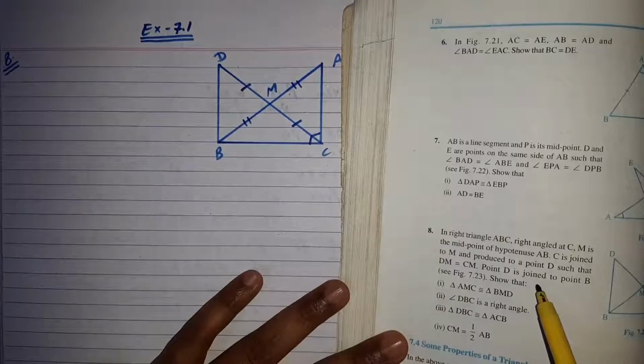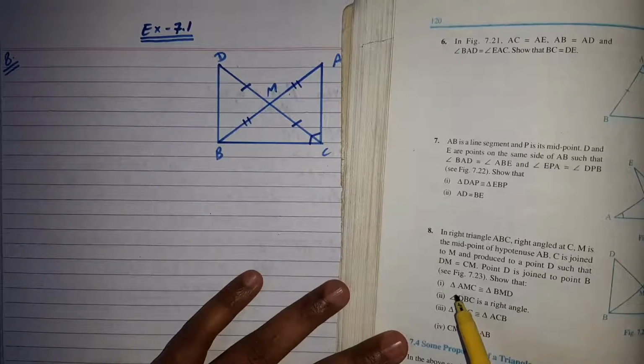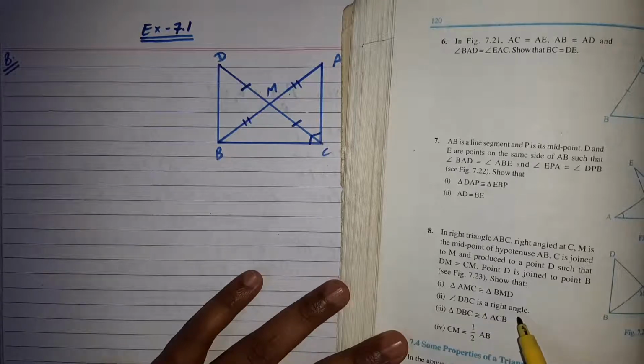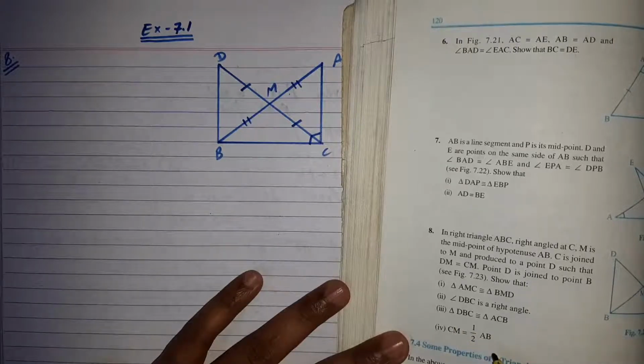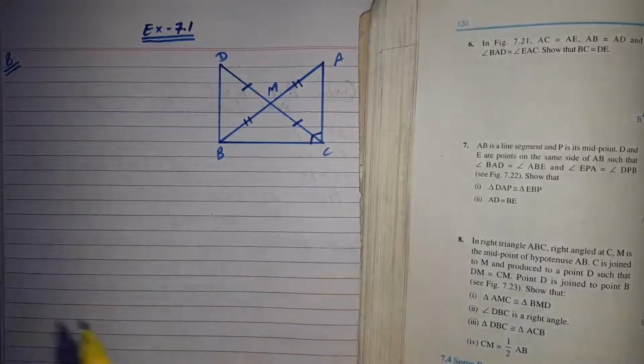D is joined to point B. Show that, first part, triangle AMC is congruent to triangle BMD. Second part, DBC is a right angle. Third part, triangle DBC is congruent to triangle ACB. And the fourth part, CM is equal to half of AB. Okay. So given is,